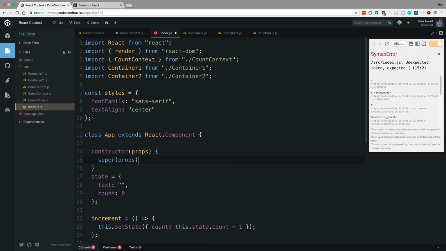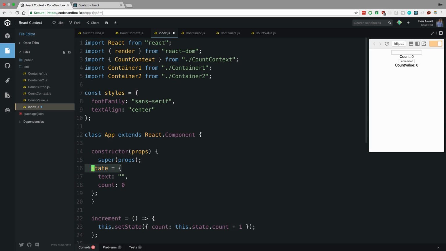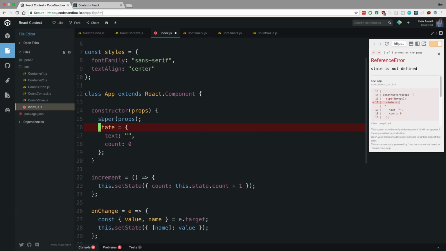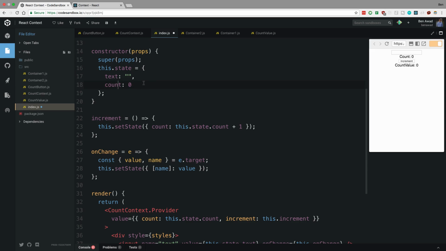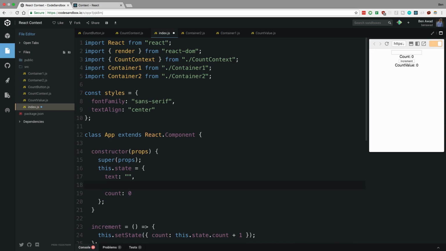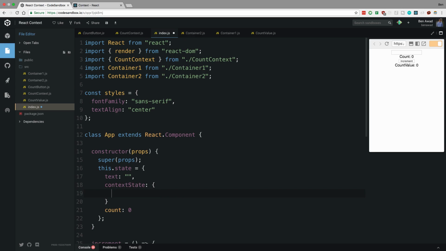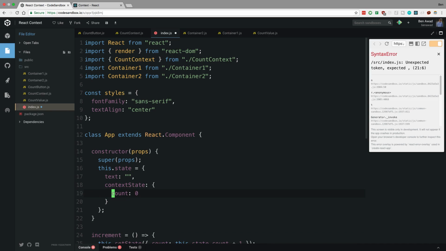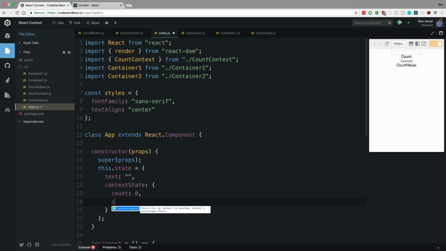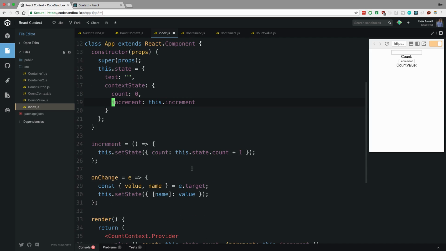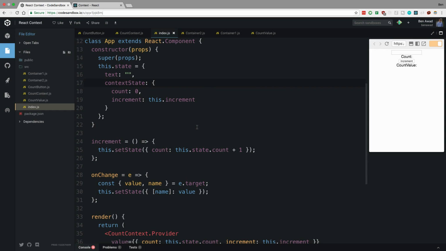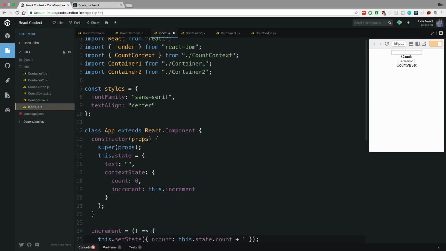and of course we'll say super, and now I'm going to create my state in here, and we're going to say this dot state. But now instead of count like this, maybe I say contextState, and then I put inside of there my count, and then also increment, which is equal to this dot increment. And I don't know if this actually even works. We can try right now, or if this is a good way to do it, but I would want to say now contextState,